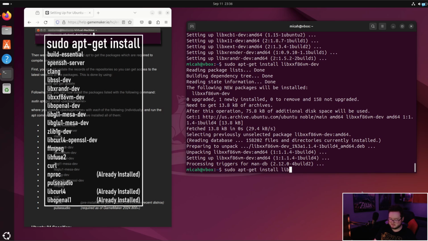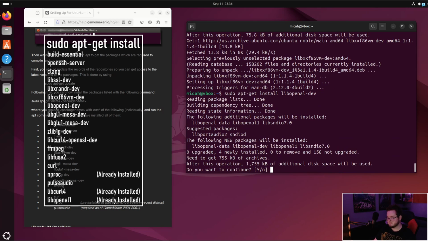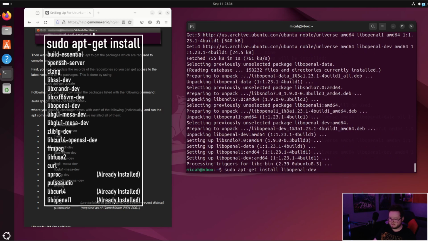And now we are going to install libopenal-dev. Now this is where it can get real confusing, so I'm just going to highlight this, that way I can stay along and you can stay along. So these next two packages are going to be